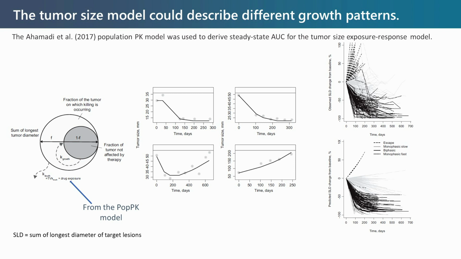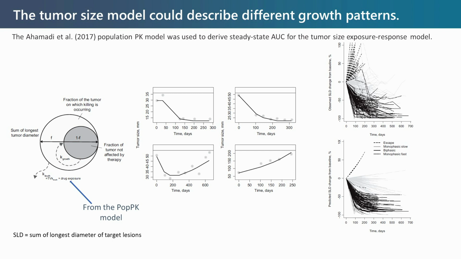The final model structure used for the tumor size model, which is represented by the equation shown on the left near the top of the slide, can be considered a dose exposure time model. The tumor size at any given time was modeled as a function of baseline tumor size, and a fraction of the tumor, represented by F, was accessible to cell killing by pembrolizumab, and the remaining tumor underwent exponential growth unaffected by the drug. The death rate of the tumor was proportional to drug exposure, and the drug exposure was derived